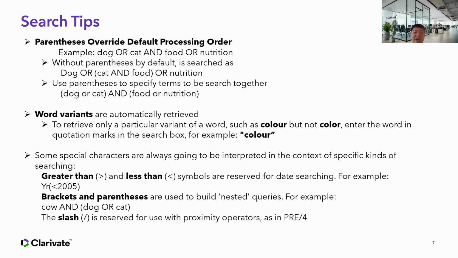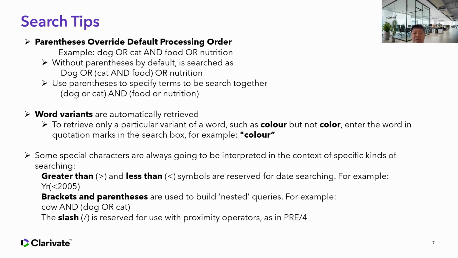And the word variants, like color in the UK, it's in Australia. I think it could be dependent on the region where you are in Australia. COLOUR or COLOR, either way is fine. But if you want to be specific about searching the contents with color in the UK spelling, COLOUR, then you put it in a phrase. Then it tries to capture exactly as it is, in this case, color with UR at the end.